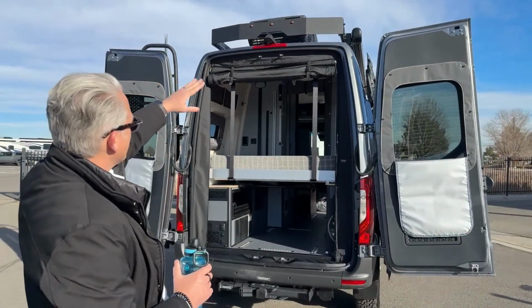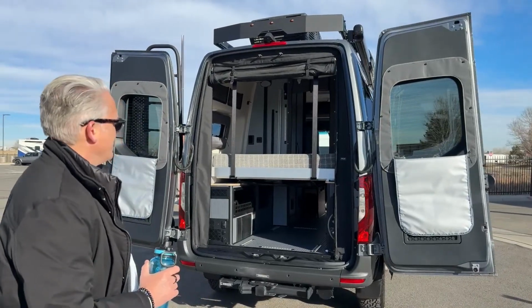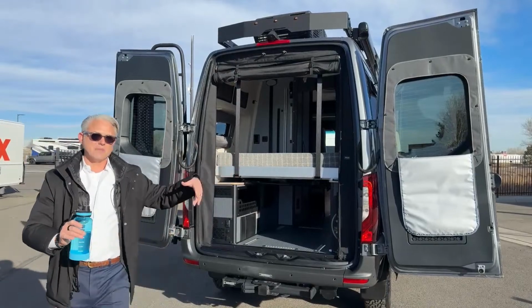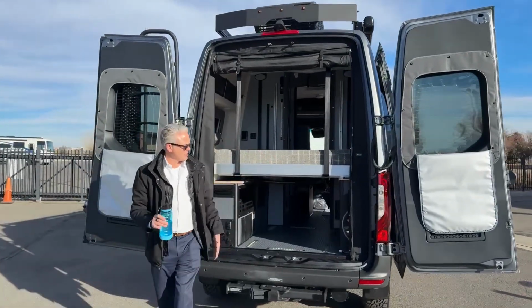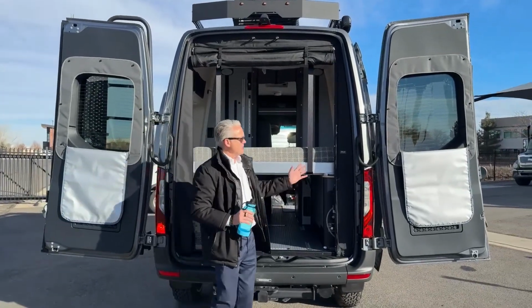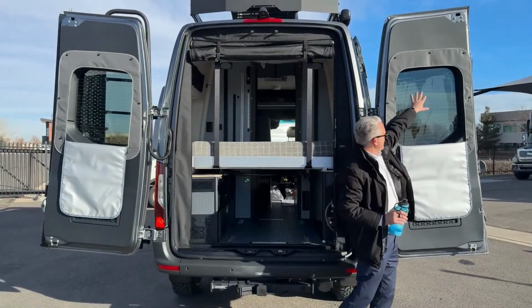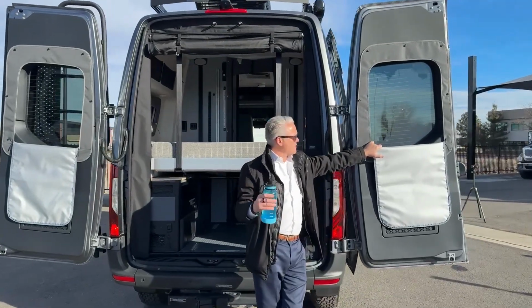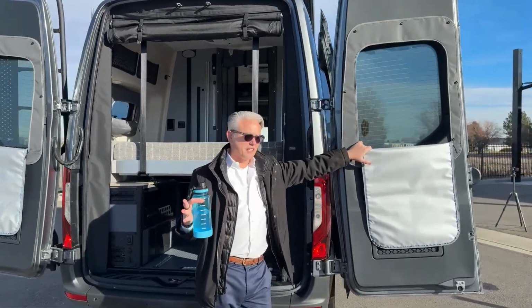And I've got all the lights on here, so it looks pretty nice. This is opened up, so you can see both of these right here come out and open up completely. Just really gives you a lot of space and a lot of light. On each of these windows, we do have the heating elements here. So on those extra cold mornings, if you got any frost or snow on that, that's just gonna melt that off pretty